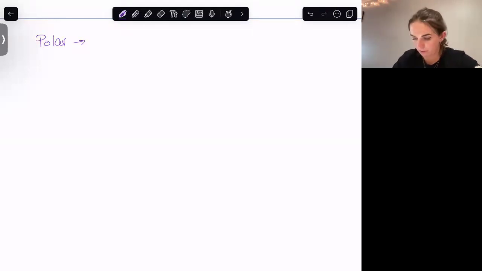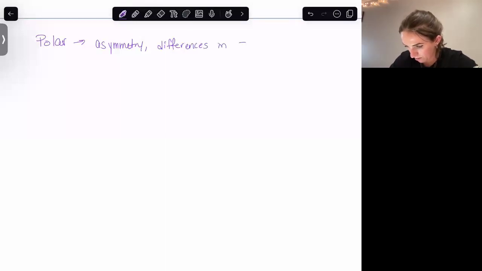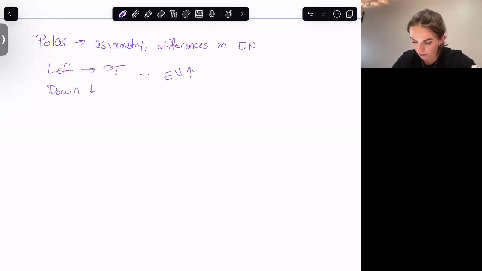Good. So we have a couple good answers here. We have asymmetry, and we have differences in electronegativity. Based on the trend of our periodic table, as we go left across the periodic table, electronegativity increases. And as we go down the periodic table, your electronegativity is going to decrease. So your most electronegative atom